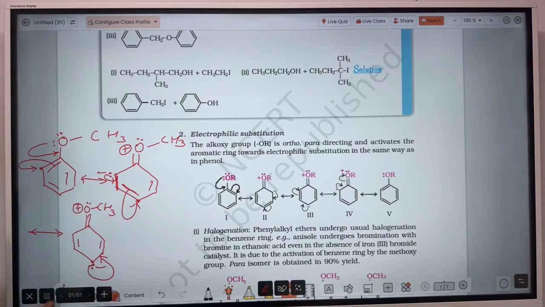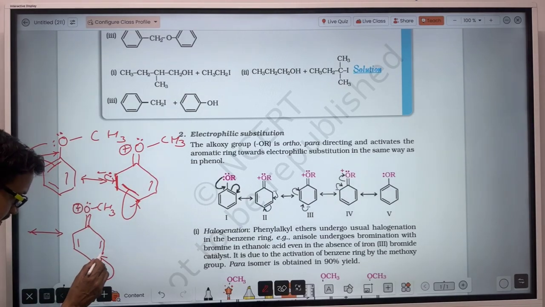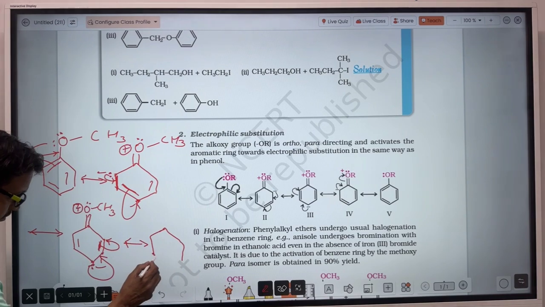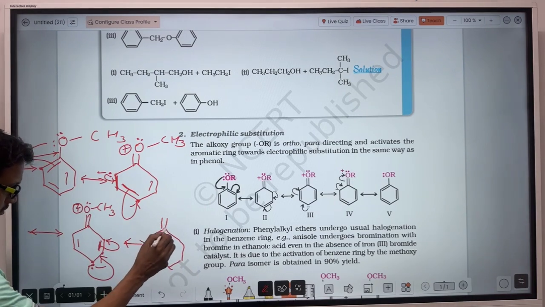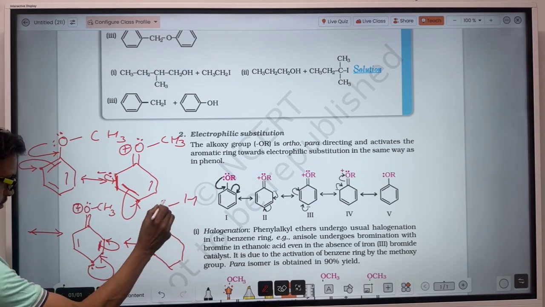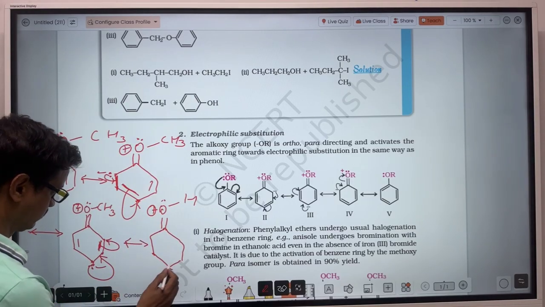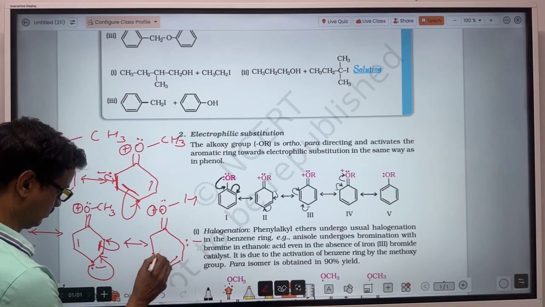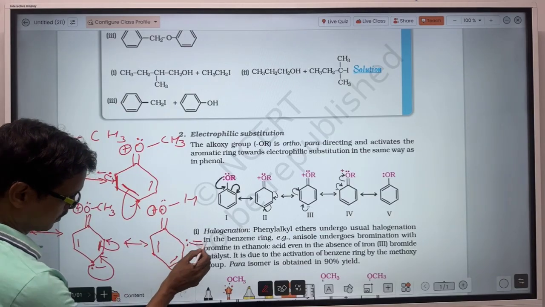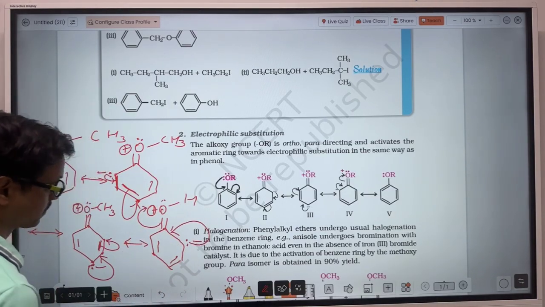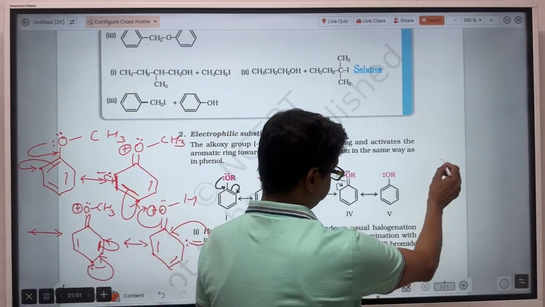This lone pair of electrons will come for the double bond formation. So this carbon will leave this pi electron and both electrons will come to this carbon. After that, this lone pair of electrons comes here for the double bond formation and this oxygen will take the electron. So the next resonating structure will be